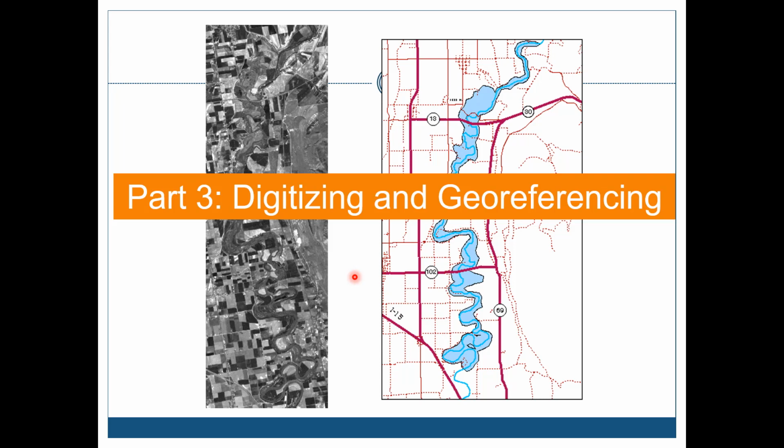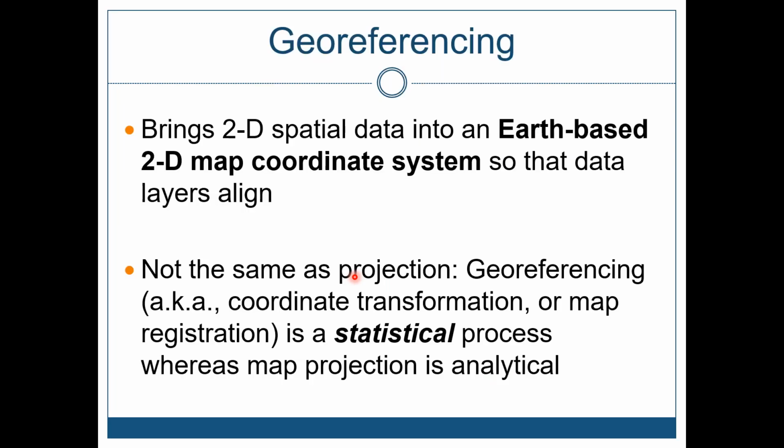In the second video this week, we will be talking about georeferencing. As you might remember from the first video, we may have data sets that do not have any type of Earth-based coordinate system. In other words, there is no coordinate system tied to, say, a hard copy map that might be scanned into a computer system. Or sometimes we might download digital data sets that do not have any projected coordinate system